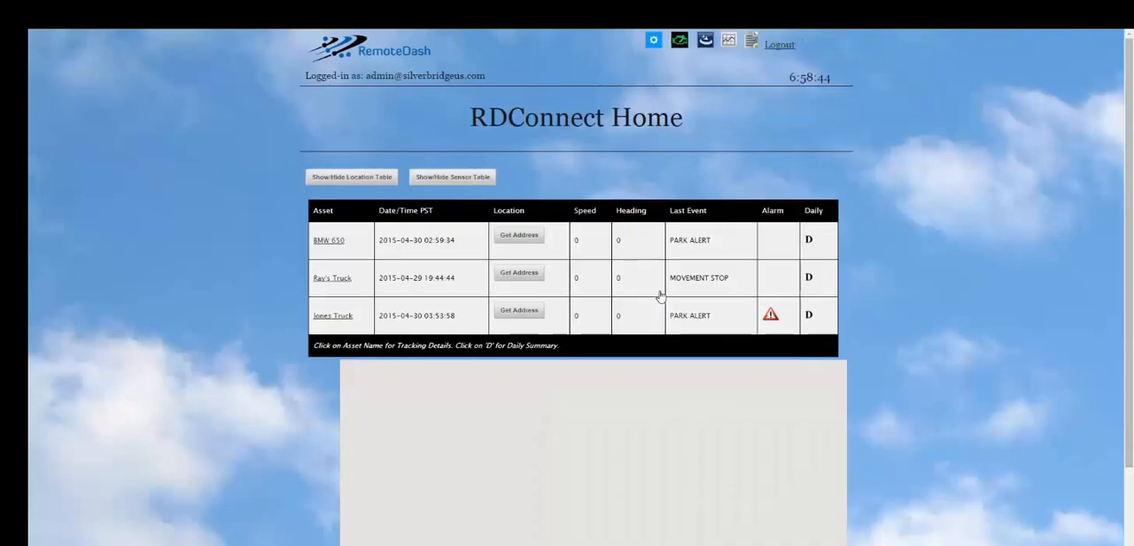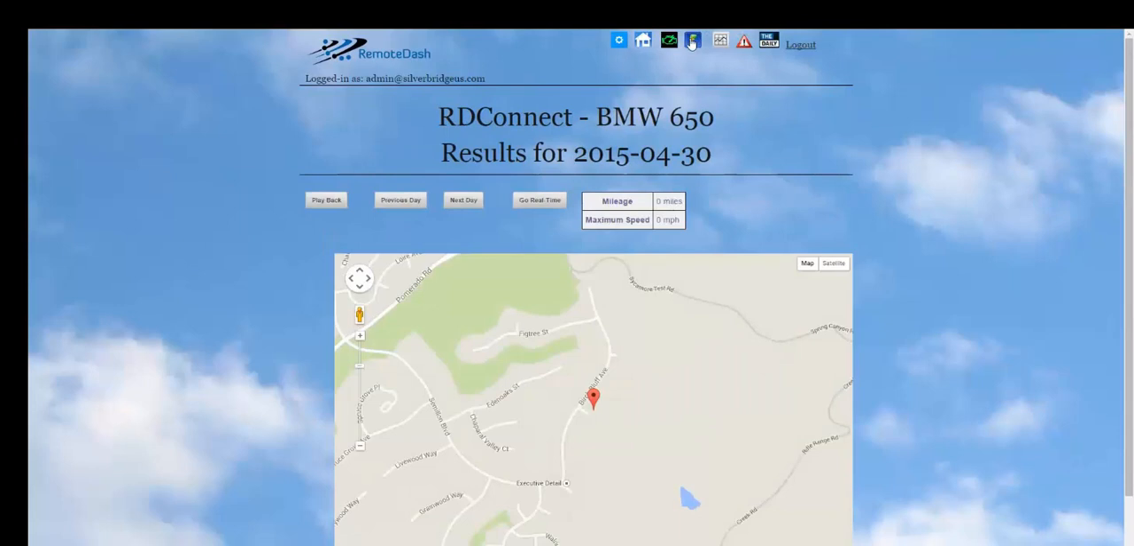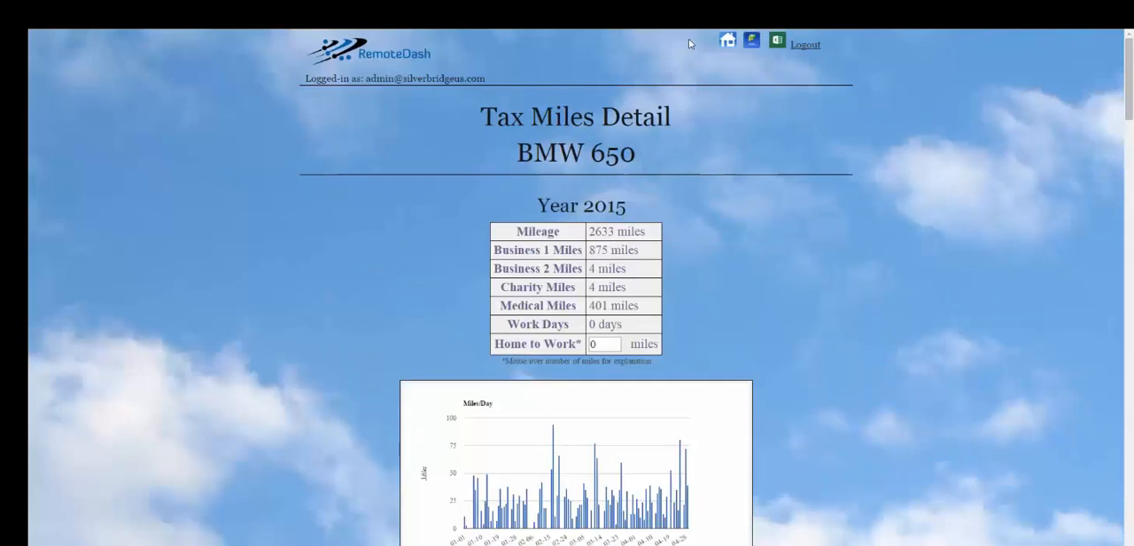So you log in, and you select a device. In this case, I'll select the BMW 650. And up top, this icon that I'm pointing at is the tax miles calculator icon. Click on that, and it'll bring you to the tax miles page for